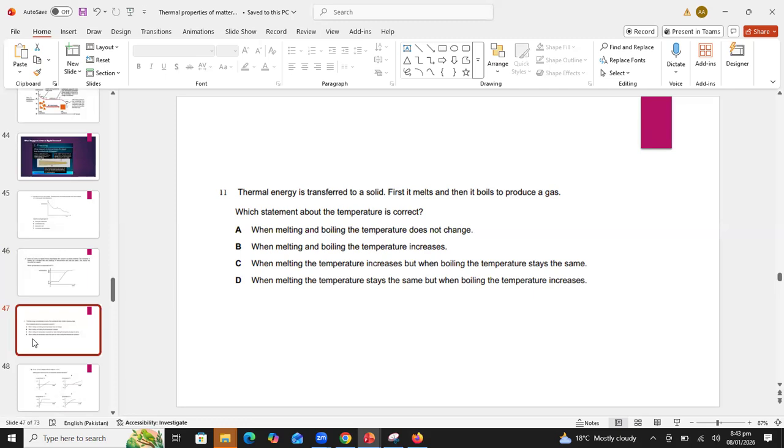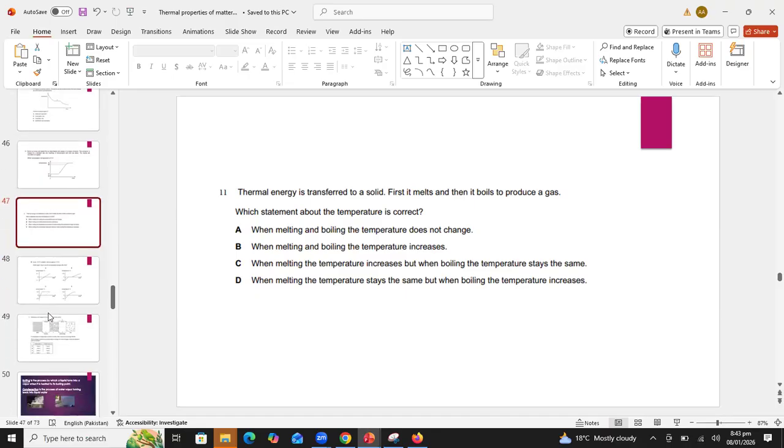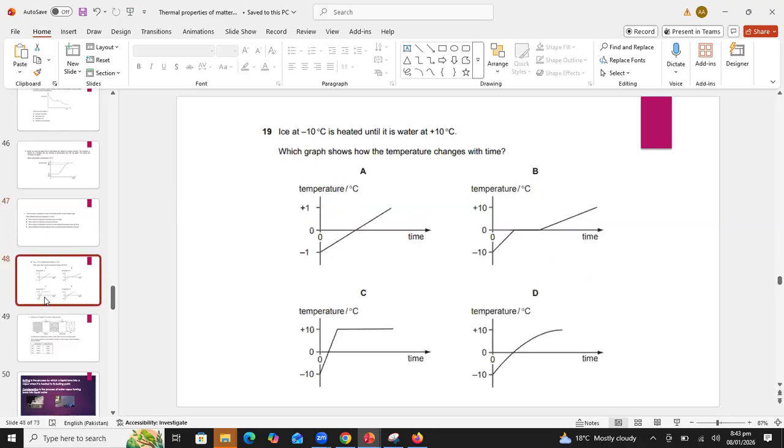Okay, most of the students are saying A. Well done, everyone. A is the right answer. Melting and boiling are the two processes during which the temperature will not change. Temperature will remain same during melting and boiling. Good, everyone. A is the right answer. Now look at question number 19. Ice at minus 10 degrees Celsius is heated until it is at